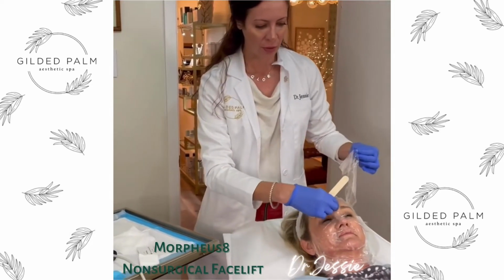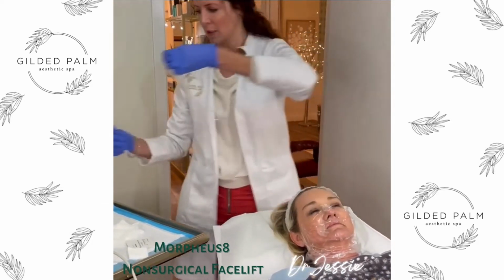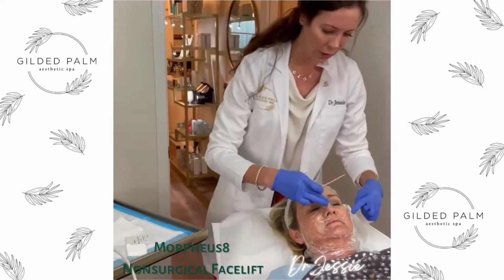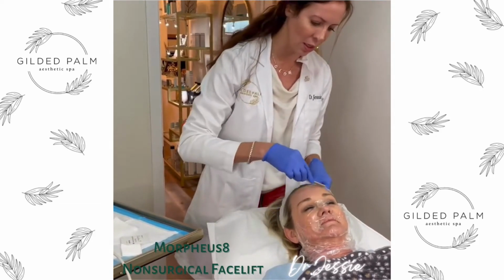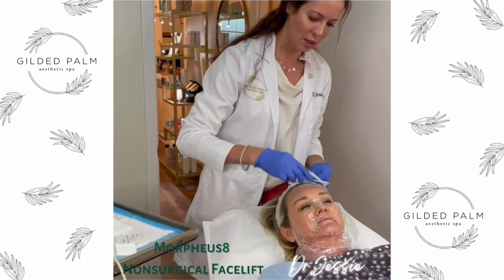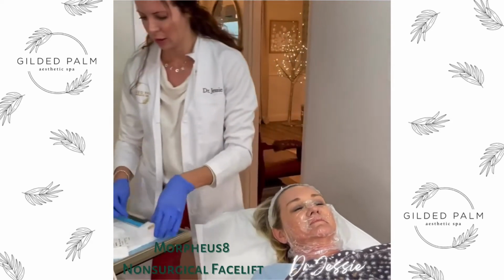So what we usually do to make sure everybody's good and comfy is do the hour and a half with that topical numbing. And then I just take it off one area at a time. So she's still numbing in the rest. And we'll take this off. And then I actually do a nerve block on top of this in each section as we go along. So what we'll do here, we'll first clean her